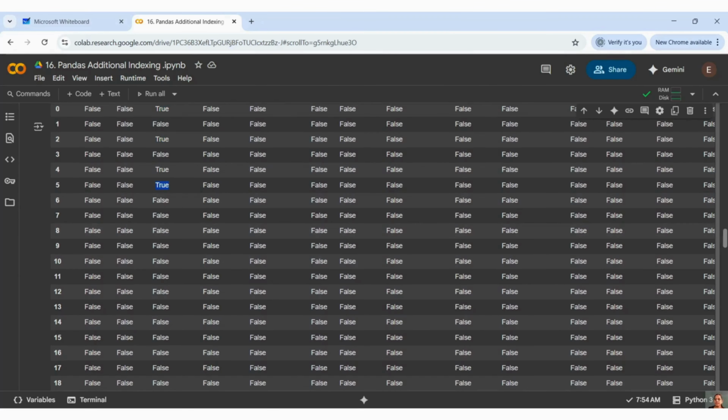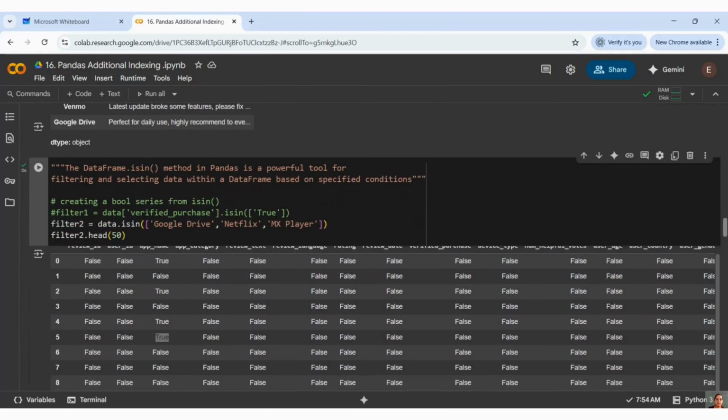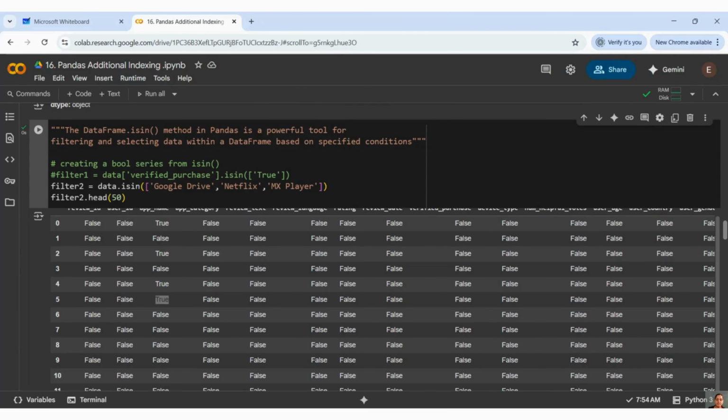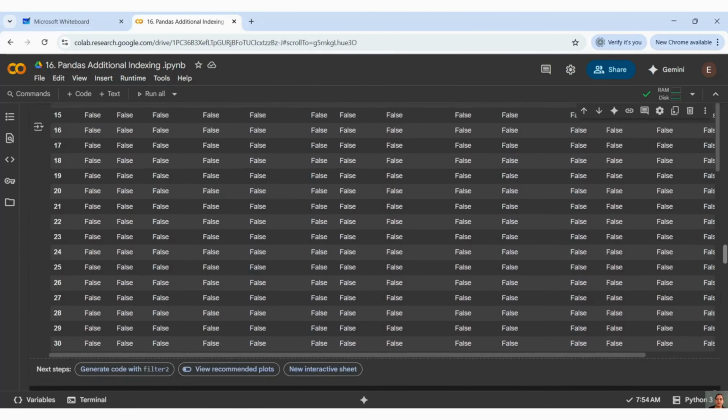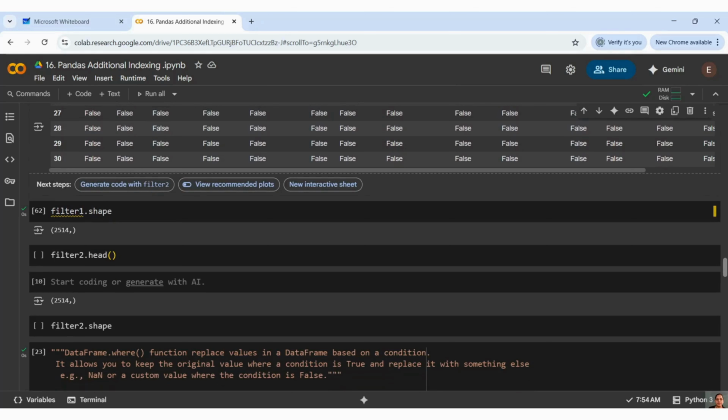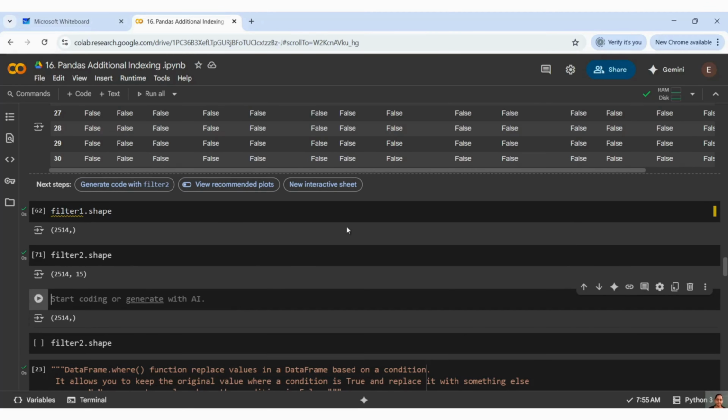So this is how we can get your filters, or you can say isin. By using the isin method, we can get your filters. We can locate with this, guys, right? Filter dot shape.